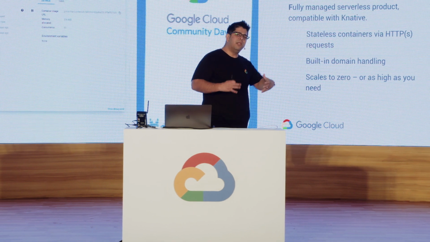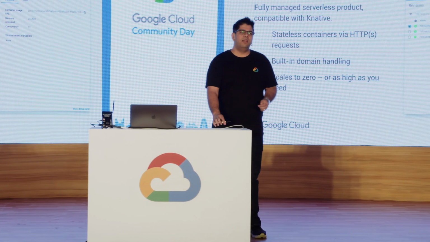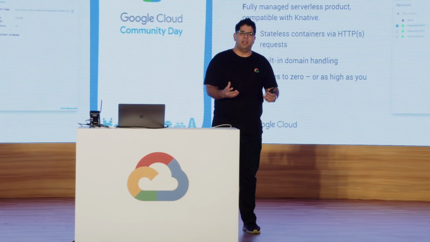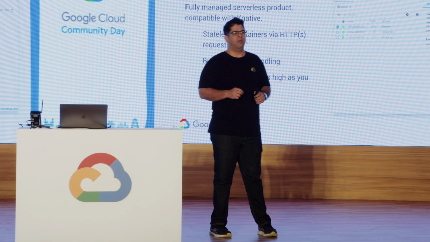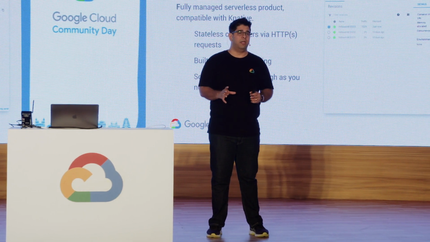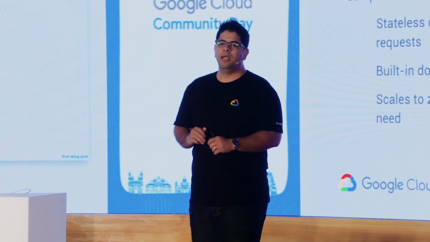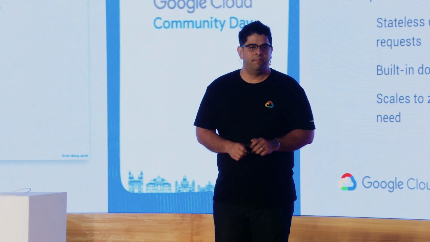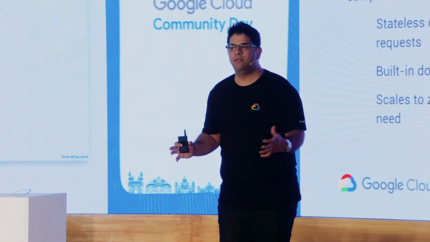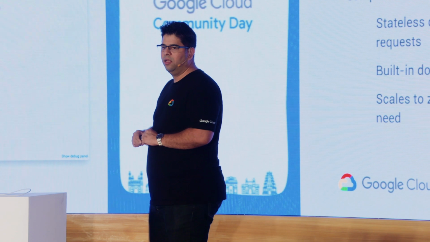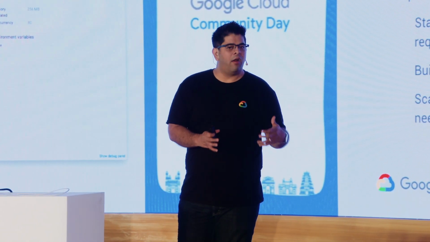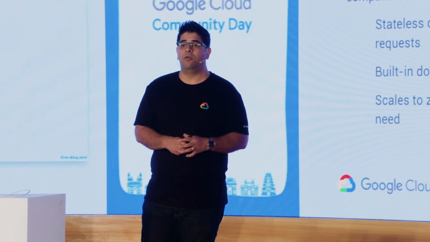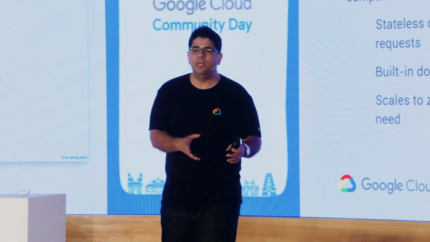Now, I did tell you that with Cloud Run, you give it the container image, and it will deploy it and scale it for you. Sometimes you want a little bit more control than that. You don't want it to be fully automated. So let me give you an example. Let's say you're doing some machine learning, right? You have big data sets that you need to train your application on. Now, typically with machine learning, CPUs aren't enough to train against our data set in a quick enough manner. So sometimes we use GPUs.